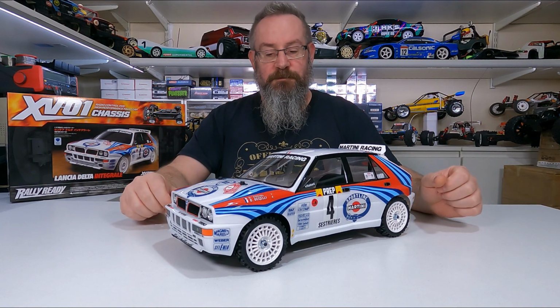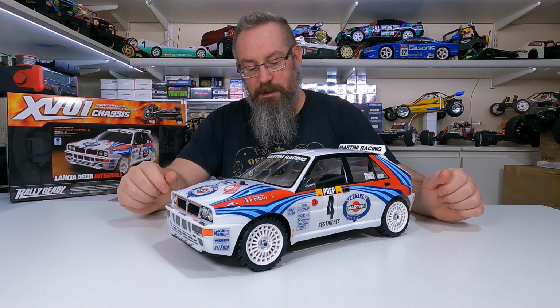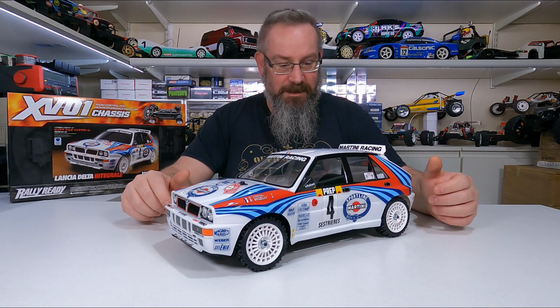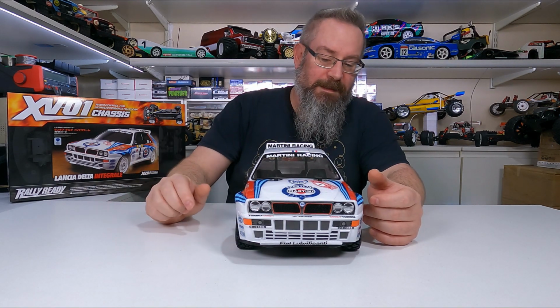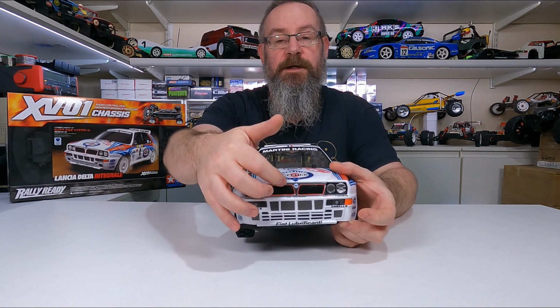So that's it, it's all finished. Pretty happy with it. Those stickers were a right pain in the butt, and there's a lot of them. But yeah, I think it came out alright. The hardest ones I think were probably the little red ones around the grill there. You got to get them into a little groove, and also these, I can't see what I'm doing here, these